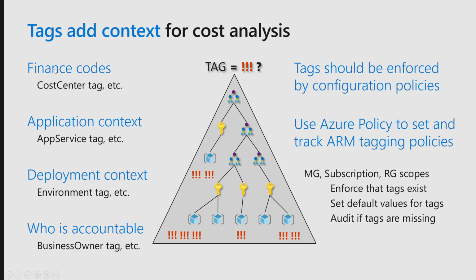So you want to say at the minimum, whenever you deploy a resource, it has to have a finance code, it has to have a deployment environment code, it has to have an owner code. So for example, if I'm doing my reactive analysis of the costs and I find out that a particular resource is just spinning up cost out of control, I want to have somebody who is accountable for that. And how are you going to figure that out? You can either go and start trying to dig through the activity log to figure out who created that resource, or you can enforce at the beginning and say, hey, we're going to have